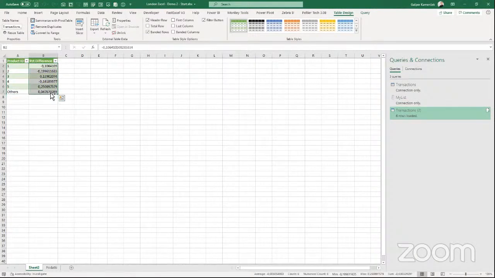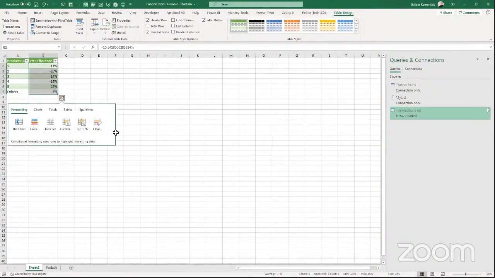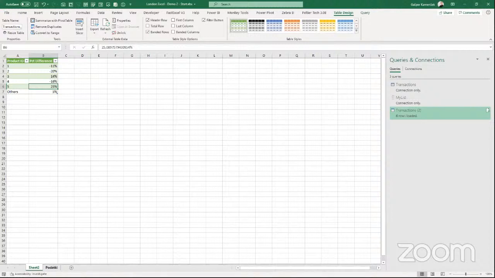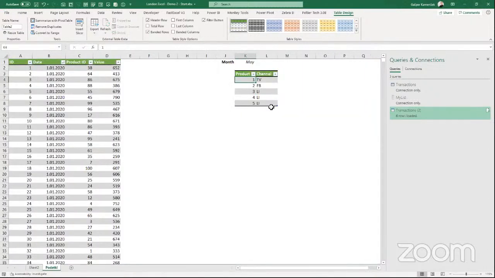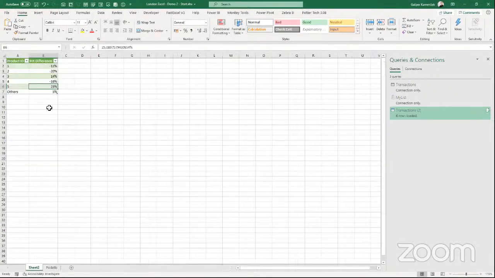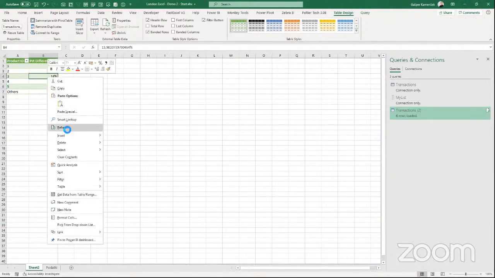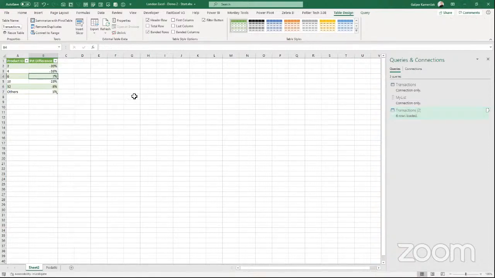And this could be percentages. But the point of this is if I just go here and I say, well, this one is actually 10. This one is 32. This one is 6. I just go here and I refresh this one. There you go. Right, so now I got those calculated, and the others now include those that I just sort of took out of the